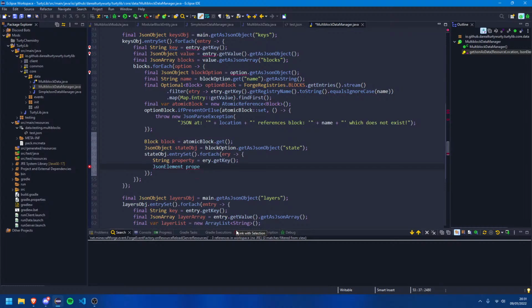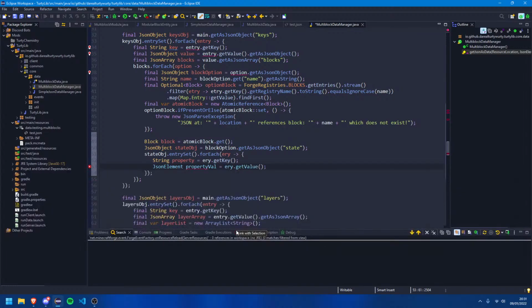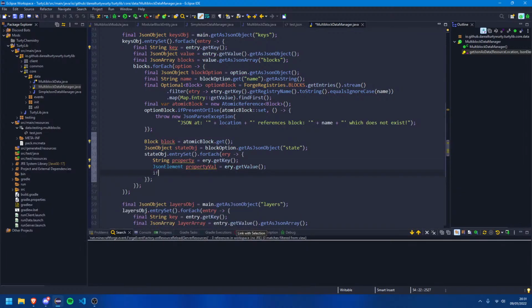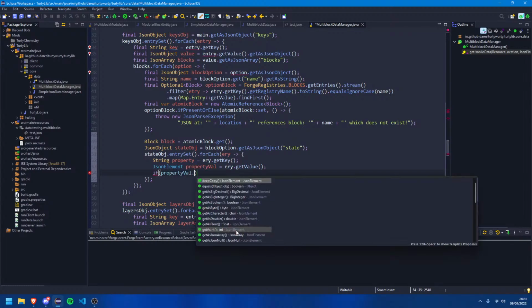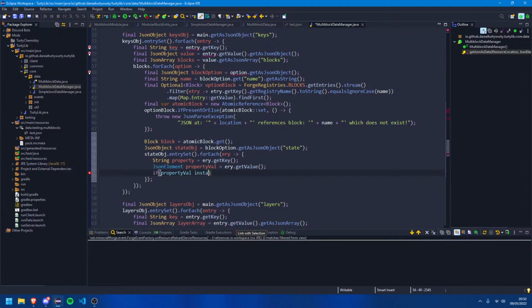Okay, we'll call it property val is equal array.getValue. Then we'll say if property val dot is, so we can say instance of